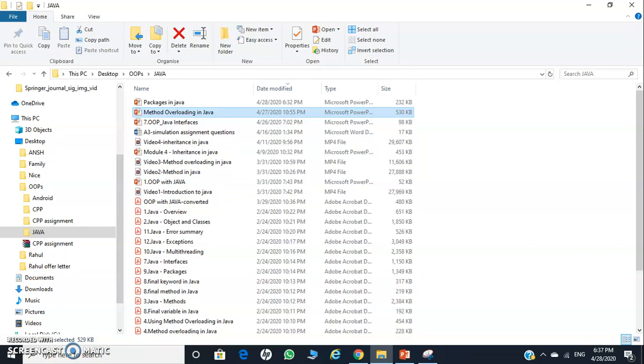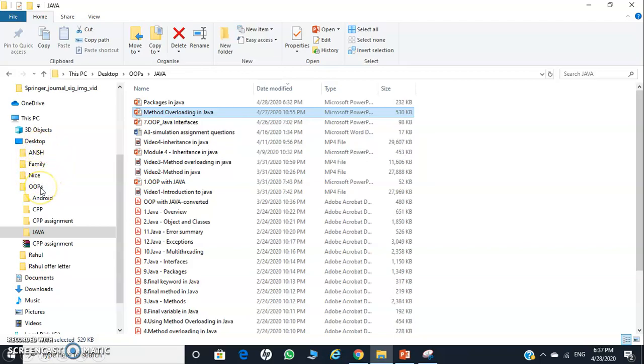In Java programming, this desktop can be considered as a package. That means it is a collection of certain things that are having similar characteristics. So desktop can be considered as a package, and the folders inside the package desktop can be considered as sub-packages.